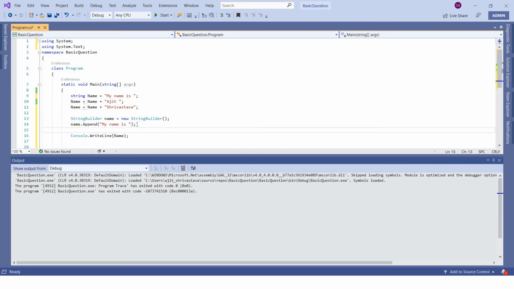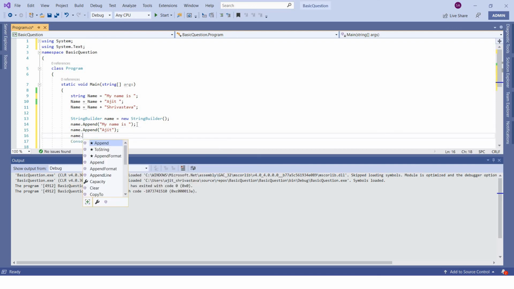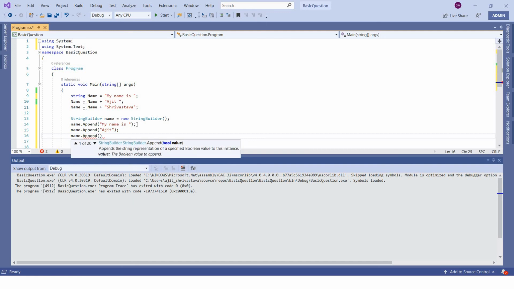Next time you want to append Ajit, so name.Append Ajit. Similarly, name.Append Srivastava. Let's give a space here.